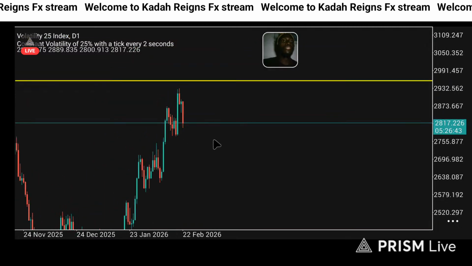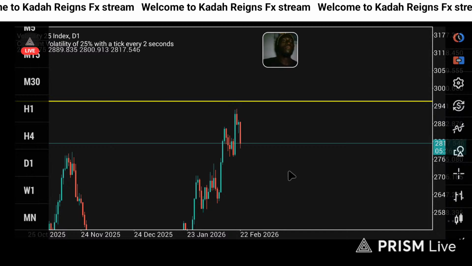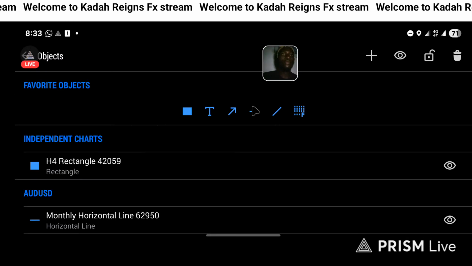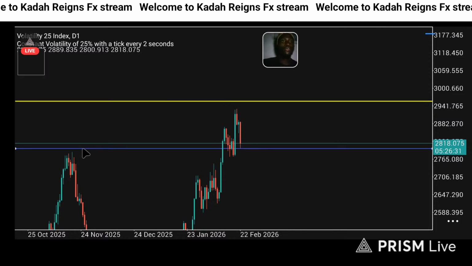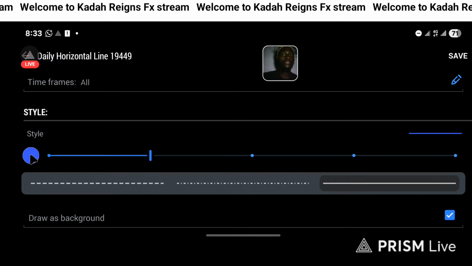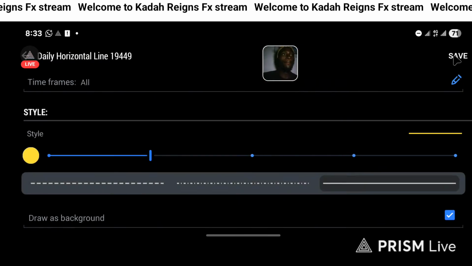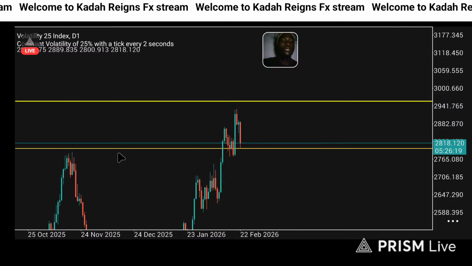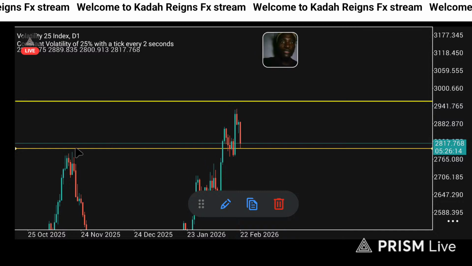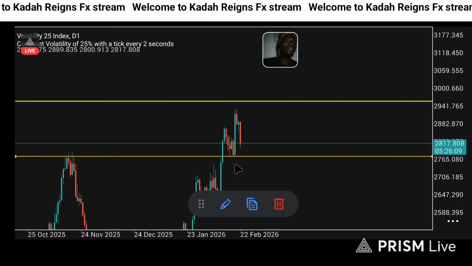Now you go down to the daily time frame. You see now there are more details. So you want to add another resistance right there. Let me change the color. Okay, something like this. So you see there is a resistance right there. Let me adjust it to right there. So there's a resistance right there, and like I said,